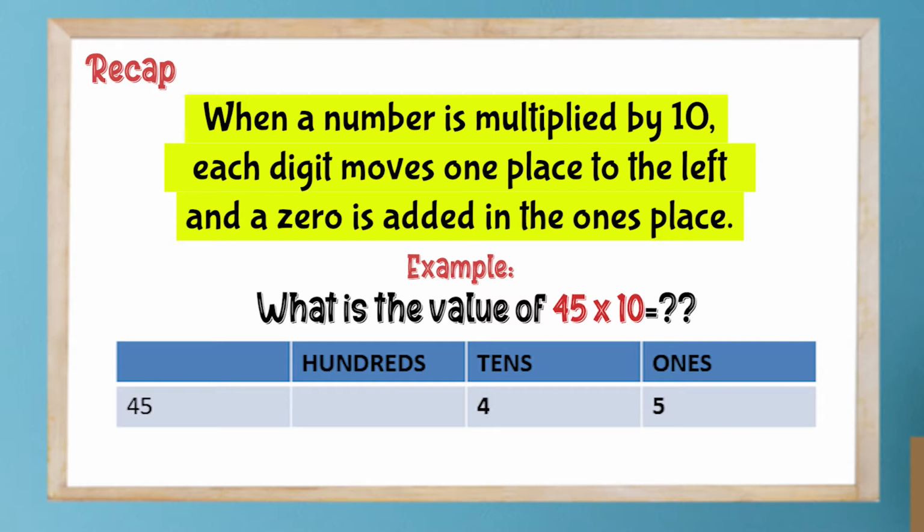But we want to find out what is the value of 45 times 10. The 4 moves one place to the left, the 5 moves one place to the left, and then the 0 is added. So 45 times 10 equals